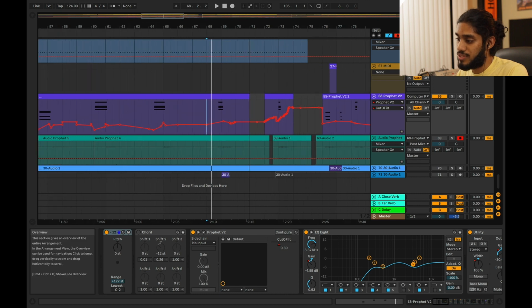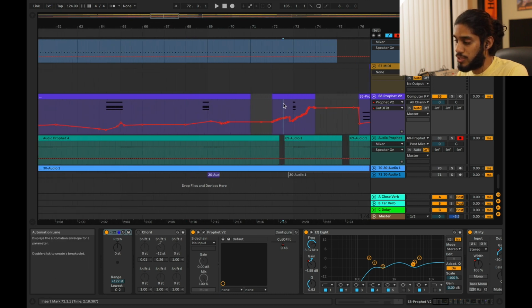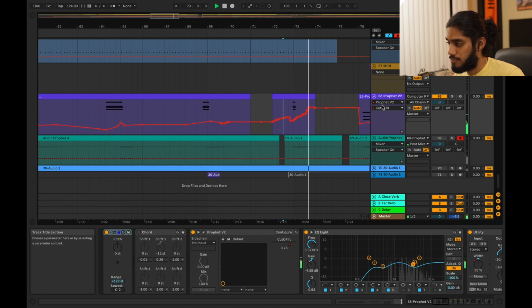With this particular preset and the way the delay is, and it's also a high resonance filter, you get some very interesting sounding effects when you rapidly change the cutoff filter. So for example, right here,